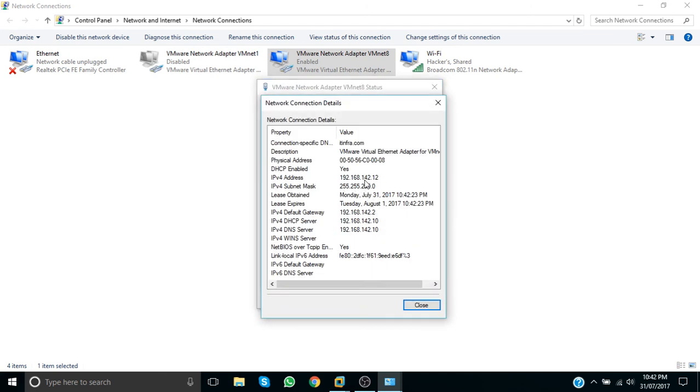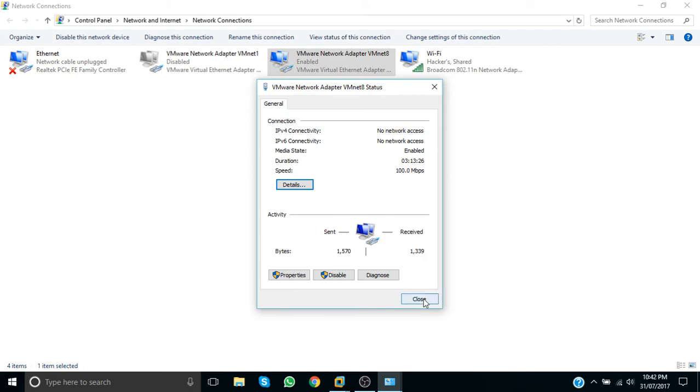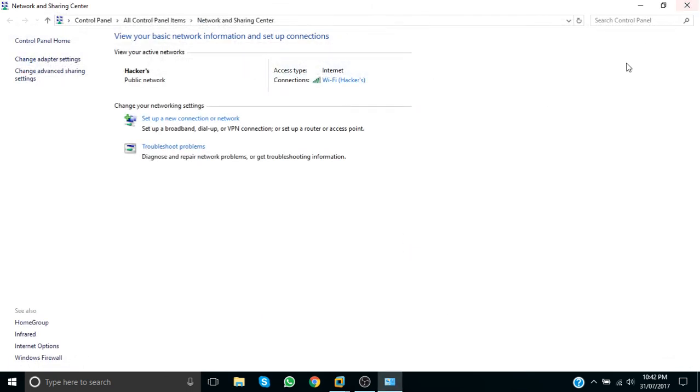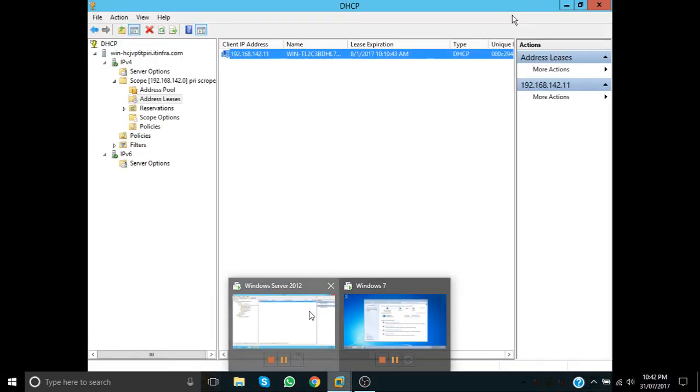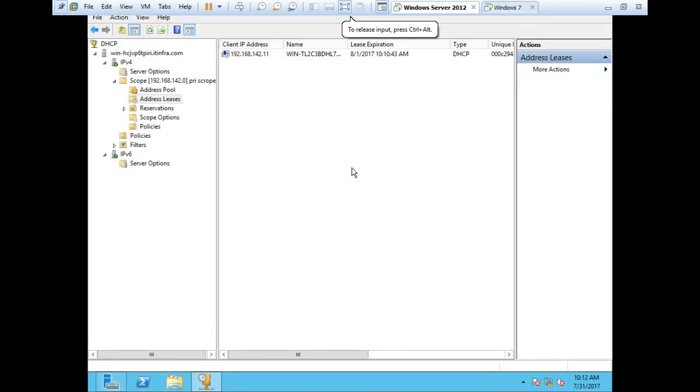So now you can see that it's another IP address which is in the range we selected earlier in the DHCP server. So everything is working fine. Now we can suppose that our DHCP server is configured and working perfectly. Okay,